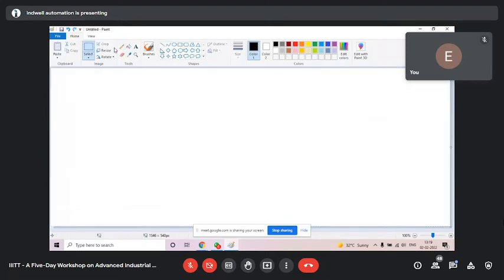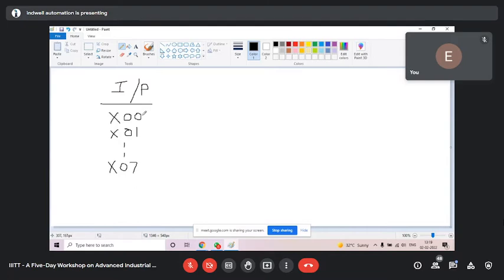Now input and output addresses. For input we have X. So the first input would be X0 or X00, no problem. Then X1, and it will go up to X7. Here we have the octal number system.